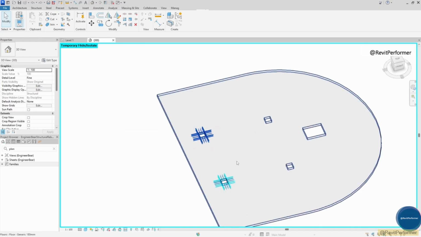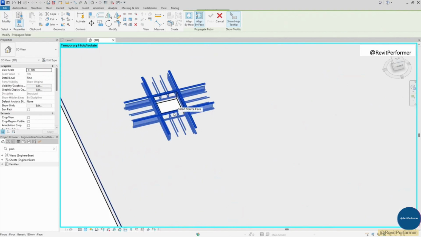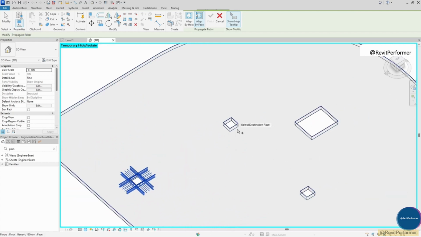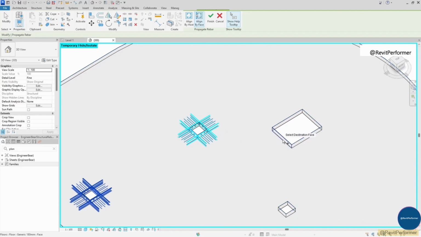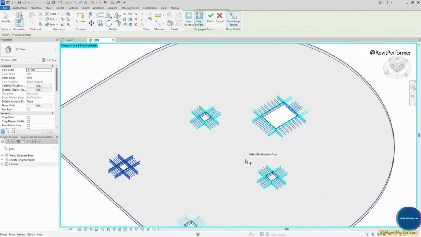I will now perform exactly the same task, only now I will do it in 3D view. We'll select a set of rebars that do have proper constraints, then repeat the same steps. Choose Align by Face. Select the source face near the rebars. Select the destination face on the other opening. And yes, the result is the same as when I did it in 2D plan view.